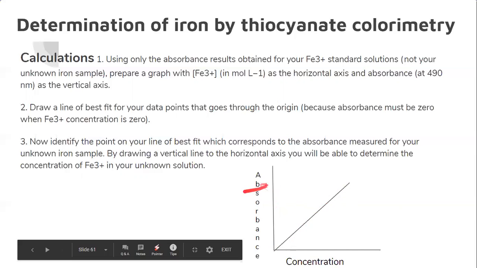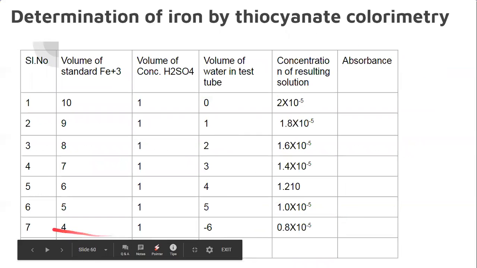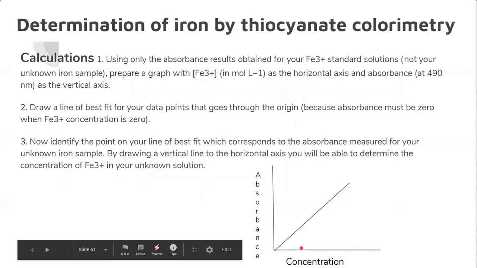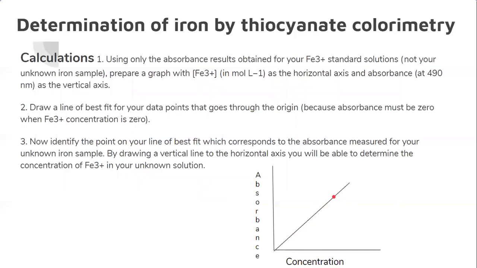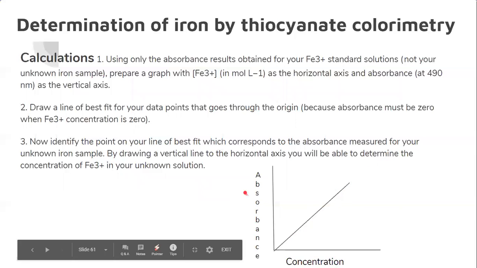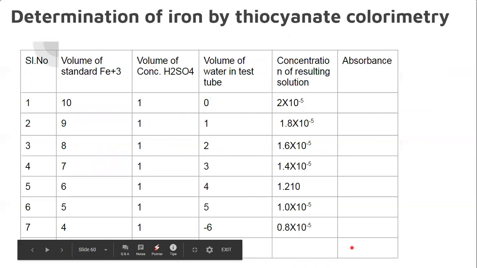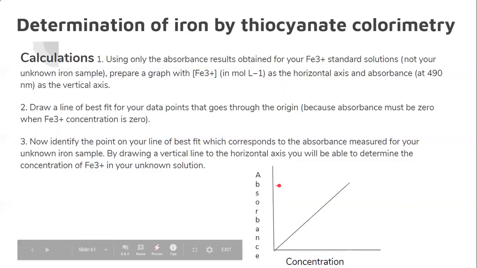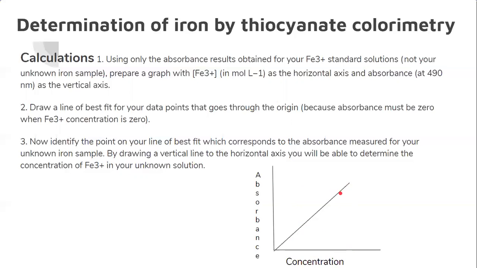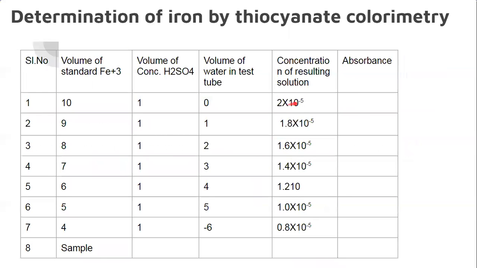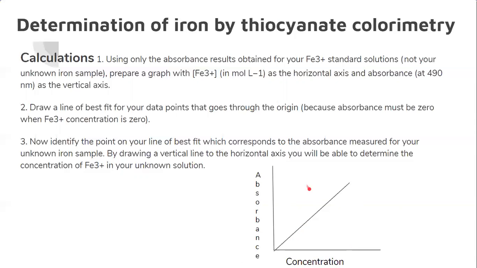After plotting the absorbance and concentration of the standard solutions, for the sample we have only absorbance, we don't have concentration. So this calibration curve should be extended up to there, like that, depending on the value of our sample solution. Okay. If the absorbance lies within the range, then there is no need to extend. If your sample absorbance is somewhat higher than the first one, then you need to extend or extrapolate this graph.